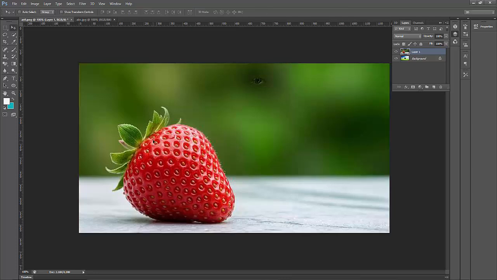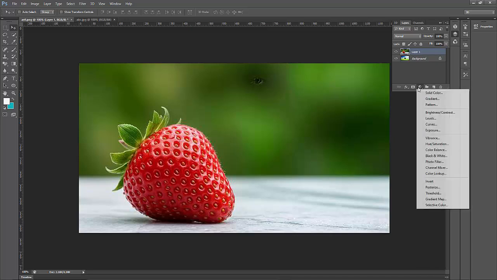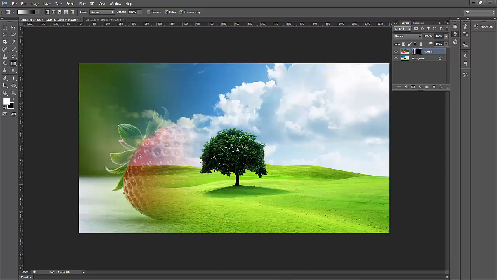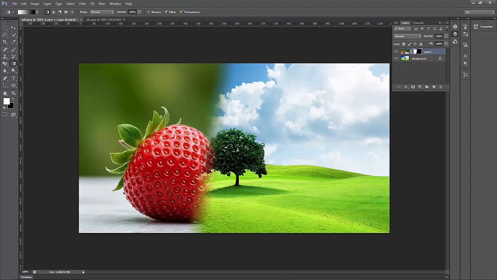Now you can see. Now select the Layer option and click Adjustment Layer. Now go to the toolbar option. Now select the Gradient color. That's it. Now you can see